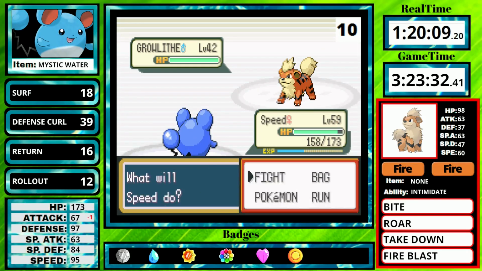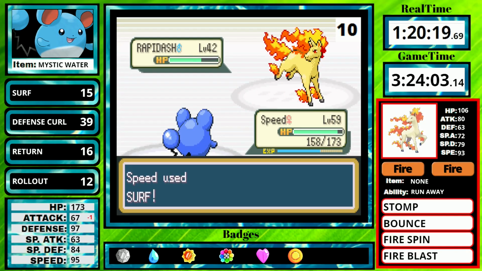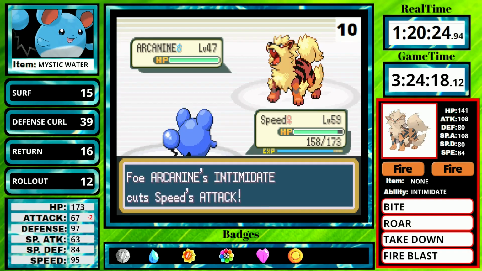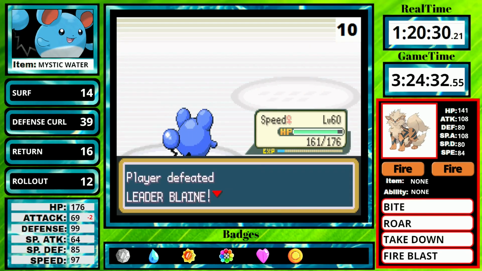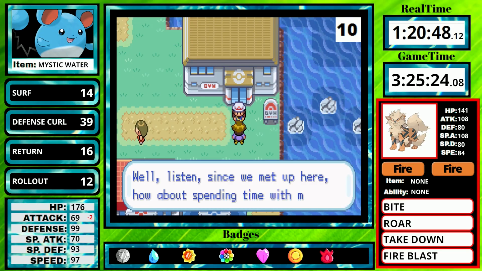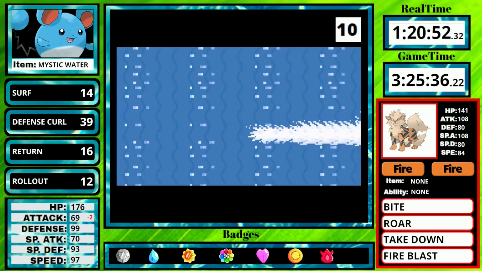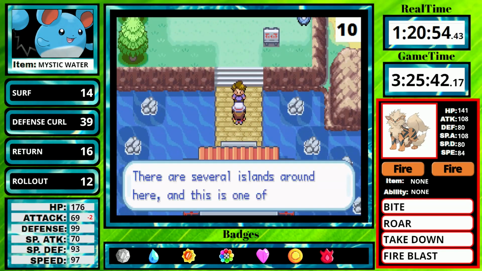As you expect from the Fire-type Master, on an island surrounded by water, I came here with a Surf user and just spammed that move with it. Next, after I defeat Blaine, I encounter Bill and he asks me if I want to go to the Sevii Islands for a date, and I say yes, because it only takes around 4 minutes for me